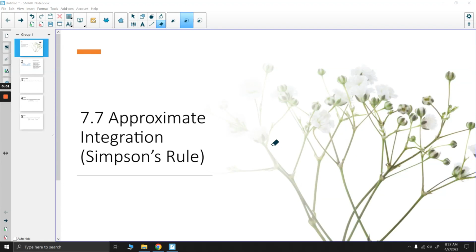Okay guys, so in this video we're going to talk about 7.7, which is the approximate integration using Simpson's rule. There's actually multiple ways to approximate integration. You've actually done them already in Calc 1 using left and right hand bounded sums, right? Your left hand sum, right hand sum. You may have done the average of those two, which is actually a